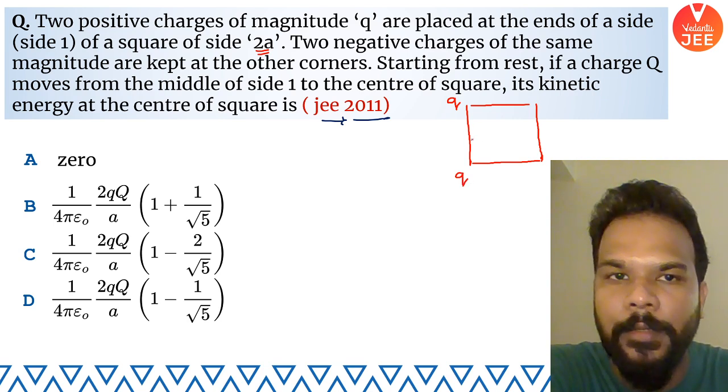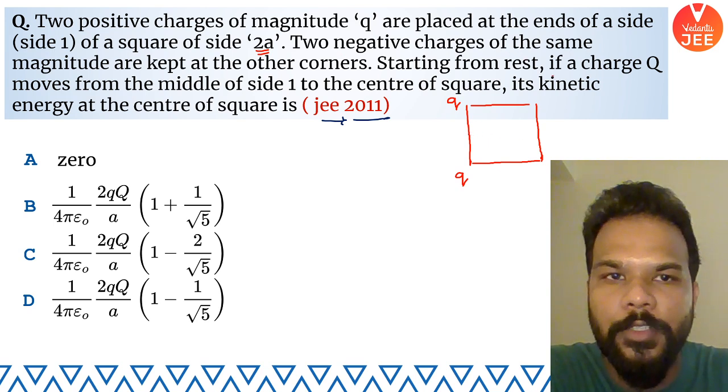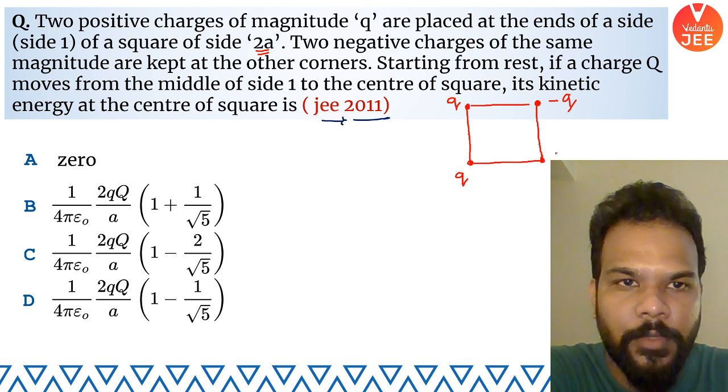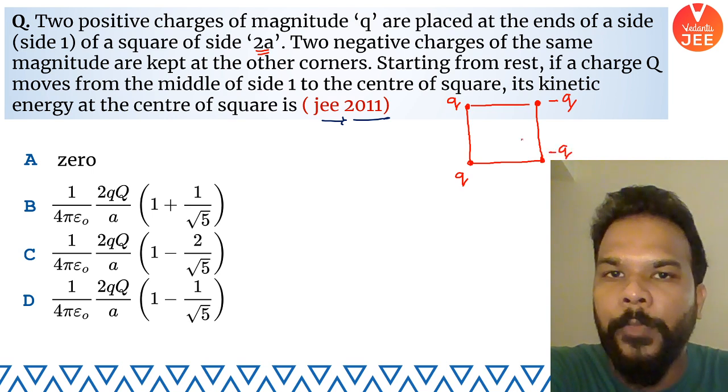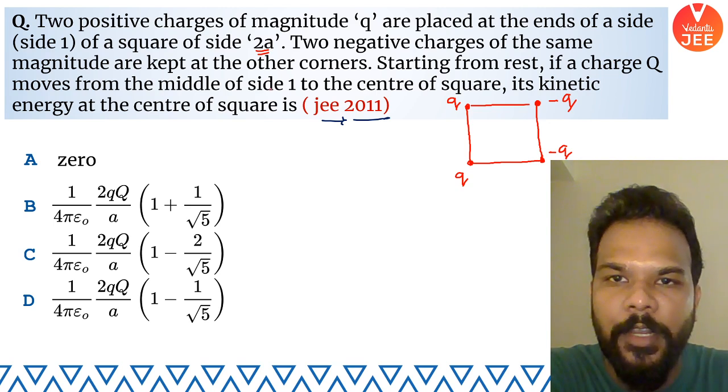This is our side 1 of side length 2a, and on side 2 two negative charges of the same magnitude are being placed. Let me place a negative charge here. So this is minus q, this is also minus q. Now starting from rest, a charge capital Q moves from the middle of side 1,